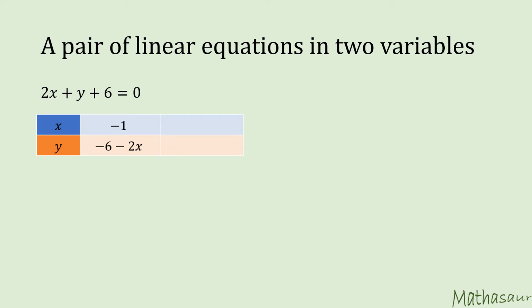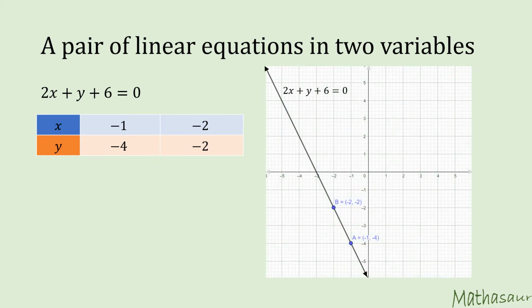And substituting that value for x in the equation, we found out the corresponding value for the y variable. And then we plotted these points on the Cartesian plane to obtain the straight line 2x plus y plus 6